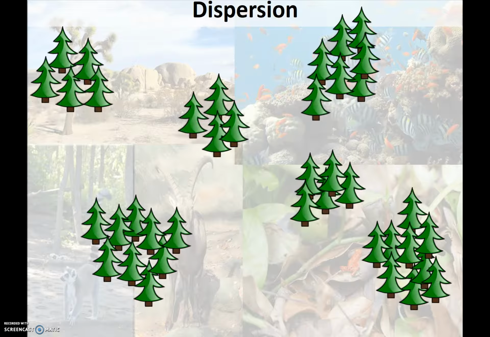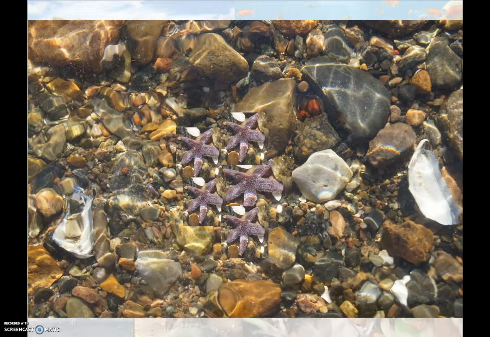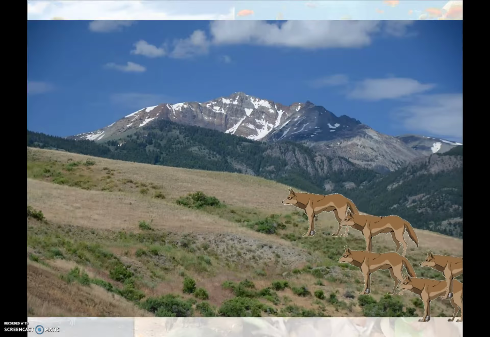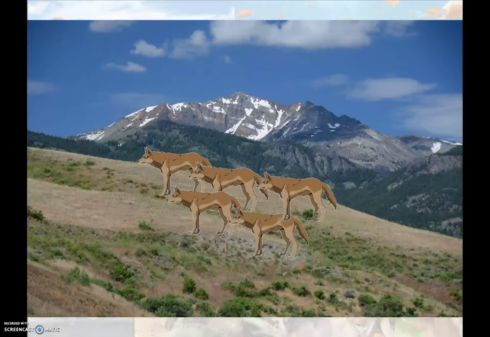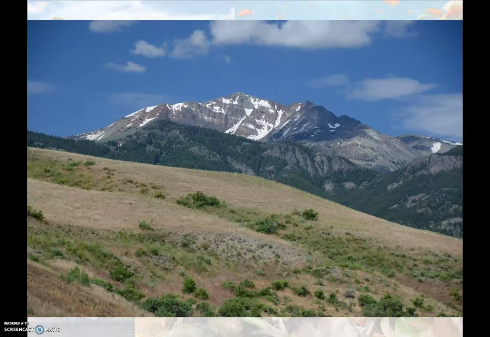You could also have clumped. So in clumped, we see this a lot of times in animal populations. So starfish, here you can see them living in a clumped pattern. Or even we find this in herds of animals and animals that migrate in herds like caribou or wildebeests. But we also see this in wolf packs that use groups for hunting. So here these wolves, you find them in a clumped distribution. Across Yellowstone National Park, there's currently about 10 groups of wolves, 10 packs of wolves that hunt together.